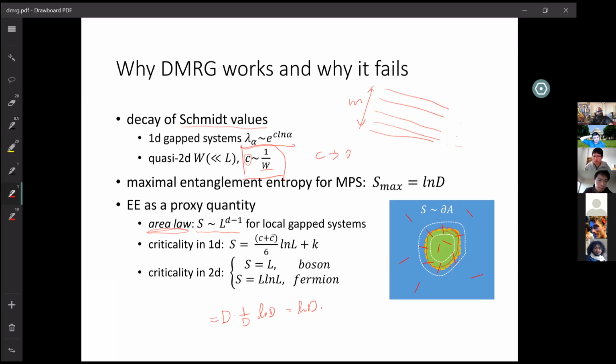If you had the Schmidt values going as a logarithm, it would seem to me that they would have to go to 0 faster if you wanted S to go as L to the d-1, since L to the d-1 is 0 compared to L to the d. So I would have thought that the Schmidt eigenvalues should actually decay faster,